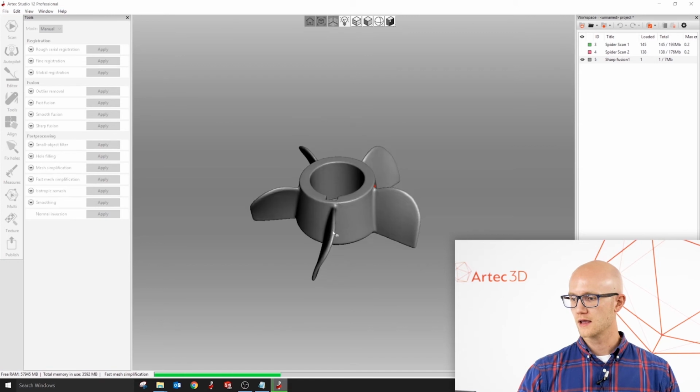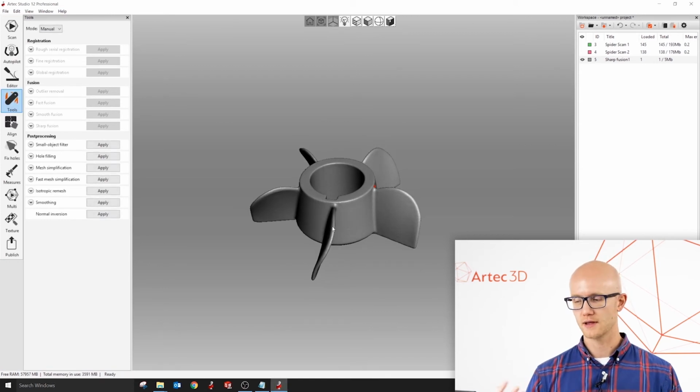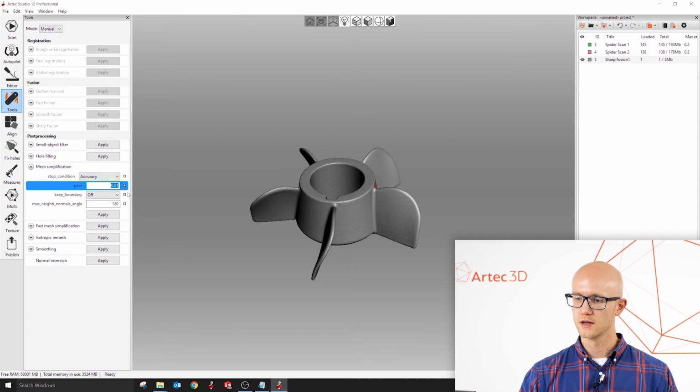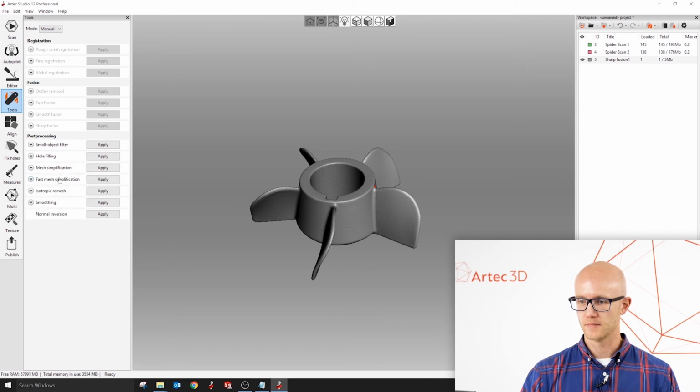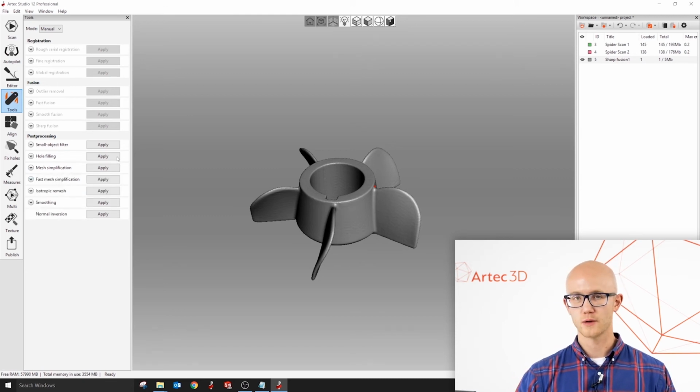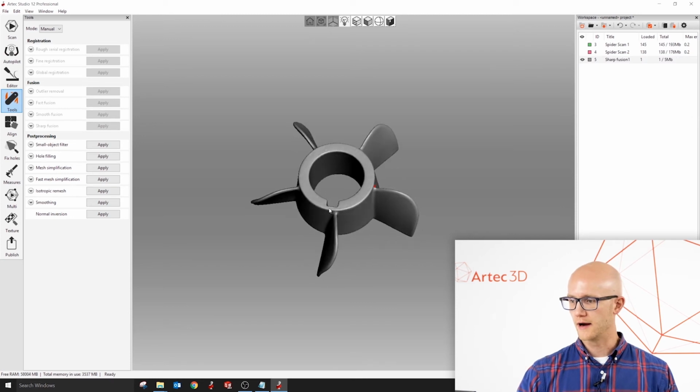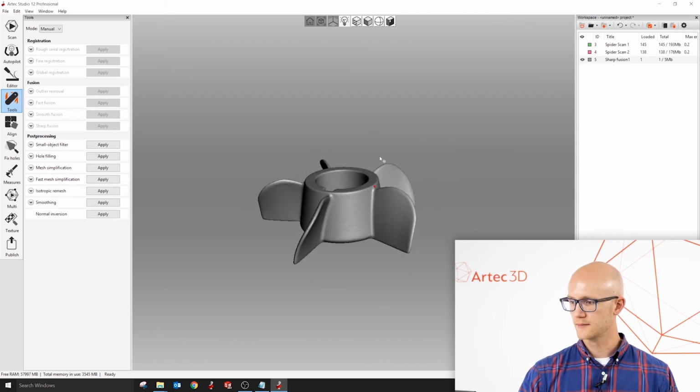But if you're reducing and you want to keep as much accuracy as possible, you can use regular mesh simplification, use the accuracy stop condition, and put in your acceptable deviation right there, and that's in millimeters. But fast mesh simplification is fine for what we're doing here. I ran that. Now if I look at my mesh again by double-clicking on that fusion, I'm at 200,000 polygons. All right, so once I'm done with that step,